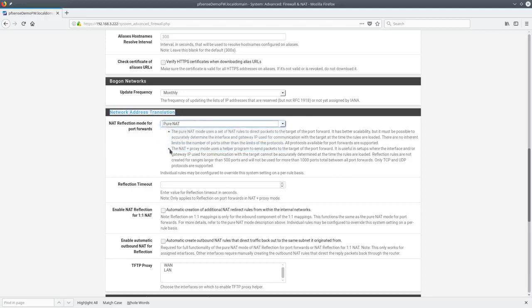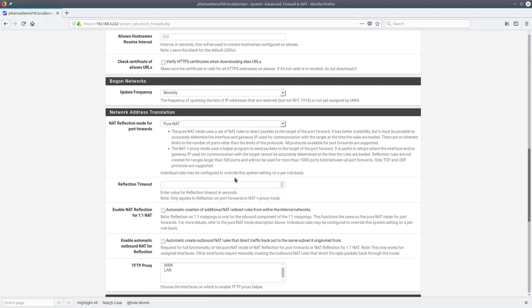What this means, for every rule I create, I want that same rule to automatically be mirrored internally. So let's say I point to a camera server, which is popular. You have your NVR, you have your external access, but then when you're inside the network, you want to be able to get to it. What pure NAT does, if you set this as the default option, is this can be changed on a per rule basis. This allows it to